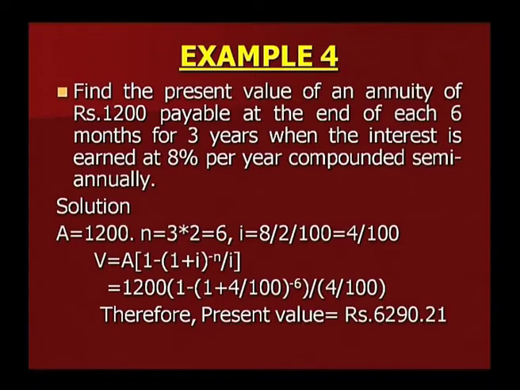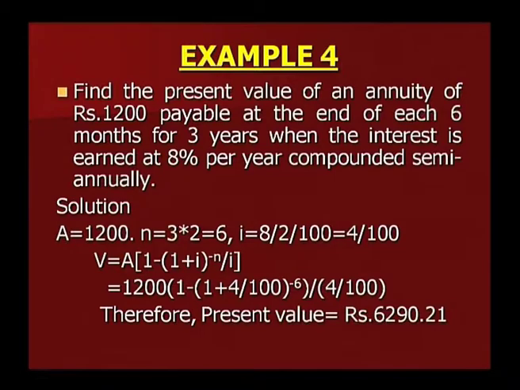V is equal to A 1 minus 1 plus I to the power minus n whole divided by I, that is equal to 1200 1 minus 1 plus 4 upon 100 to the power minus 6 whole divided by 4 upon 100. Therefore, the present value is rupees